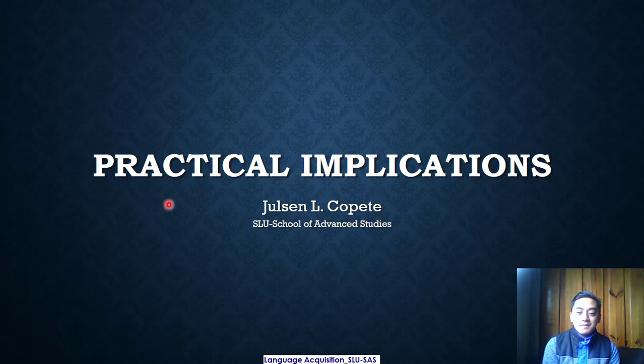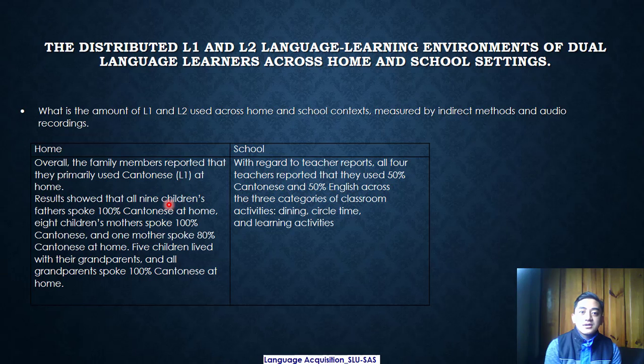So, this is the practical implications of the three researches that I dissected previously, and I would only like to highlight several concepts and key ideas from these researches. Based on the research problems, the gaps, the introductions, the conclusions, and the findings of those researches, I'll be highlighting several key concepts that I'd like to dwell on because I find them relevant and I'm able to connect to them. First is the research on the distributed L1, the Cantonese, and L2 language learning environments of